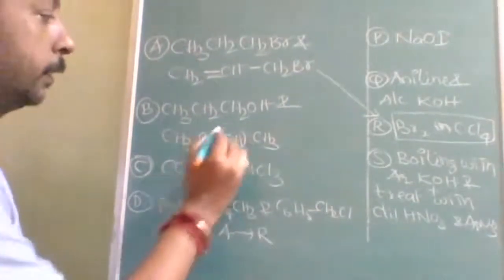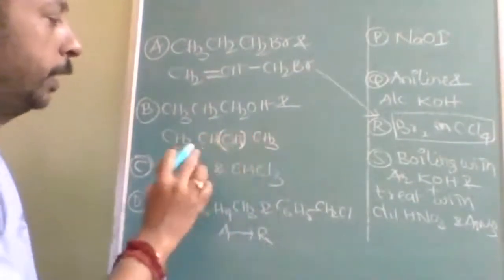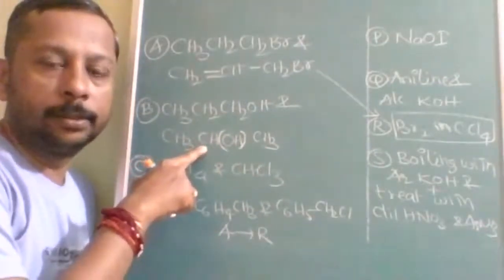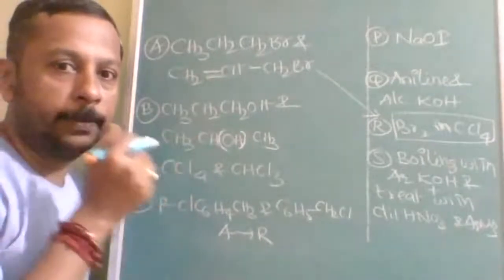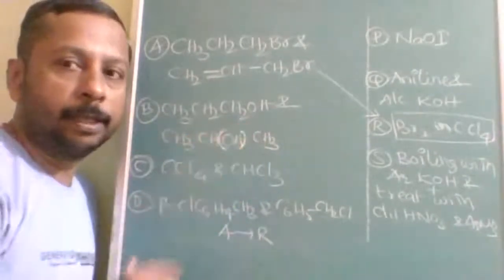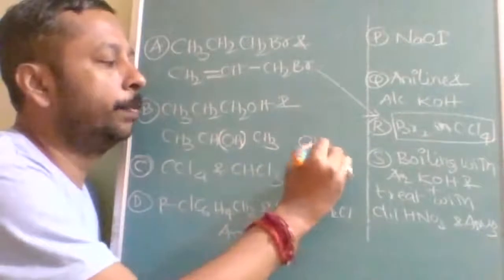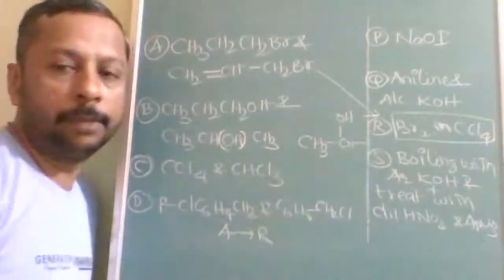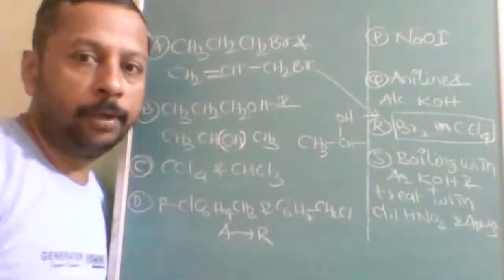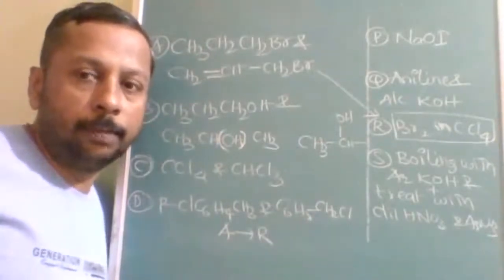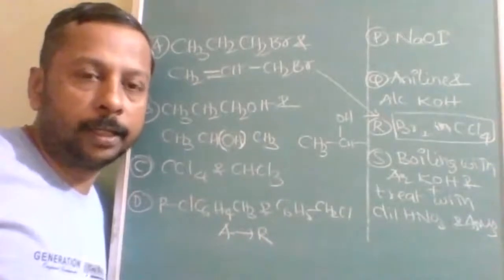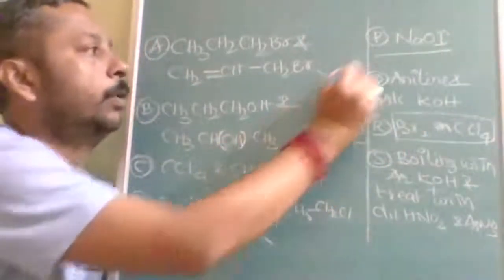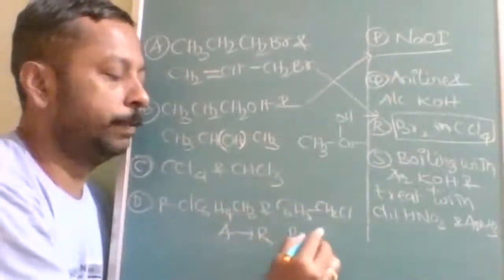See, in the B answer, just to confuse you, it is written like this. Understood? So here it has OH on the second carbon, and OH on the first carbon. Wherever this group CO is present, which test is used? The iodoform test is used. Actually, we write it as NaOH and I2, but internally the reactant is NaOI. So B answer is what? P. B answer is P.